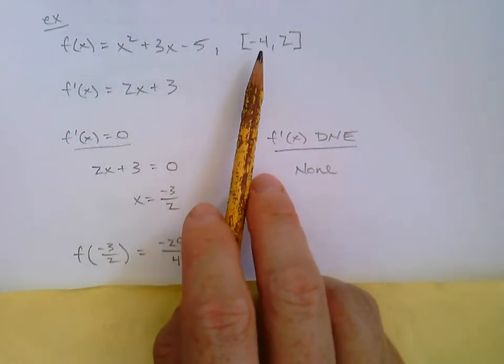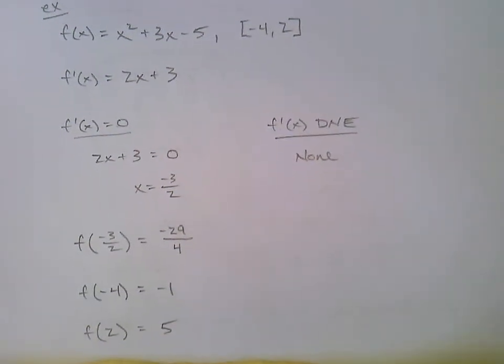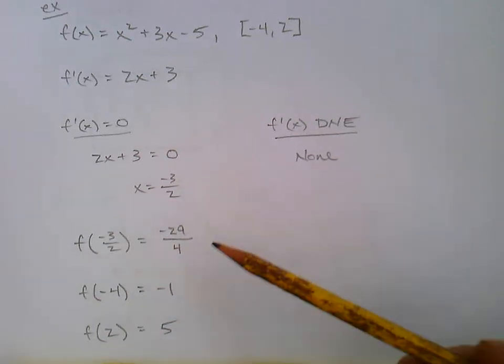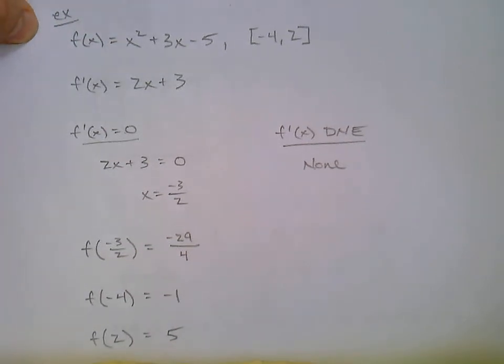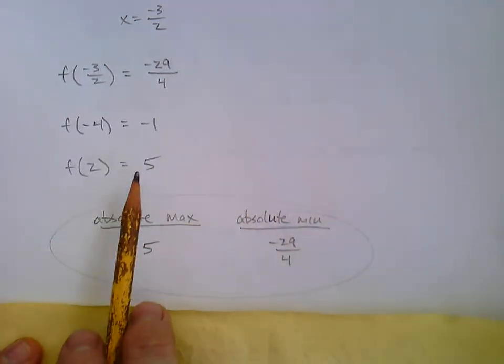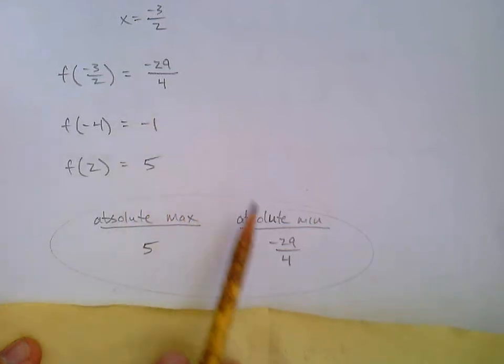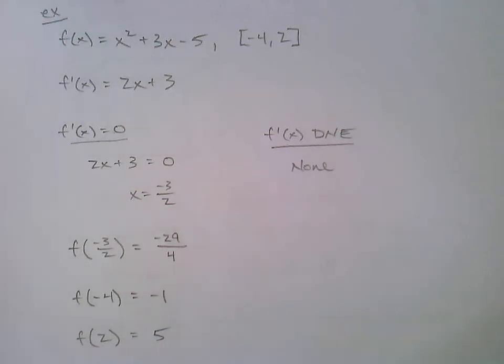Then step 2 says check the y values of the endpoints. Plug these both into the original. So I'm going to do that here. At negative 4, I got negative 1. And f of 2, I got 5. Okay. So what does that mean? Well, we've got this list of the important y values. The biggest one is the absolute max. The smallest is the absolute min. And so we got our answers right there. The biggest y value here was 5. The smallest is the negative 29 over 4. There you go. Okay. Keep this process in mind